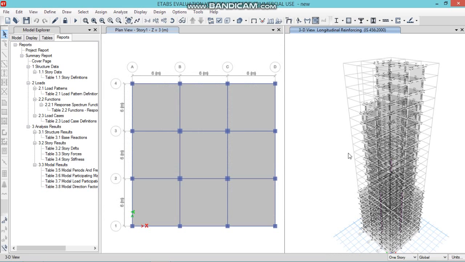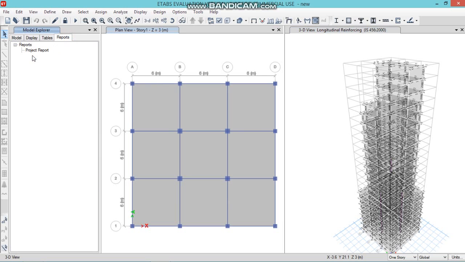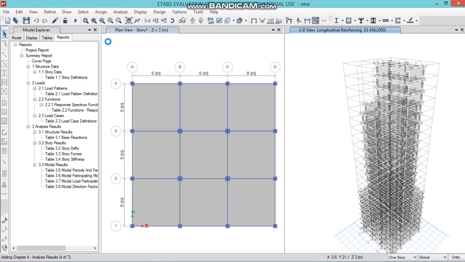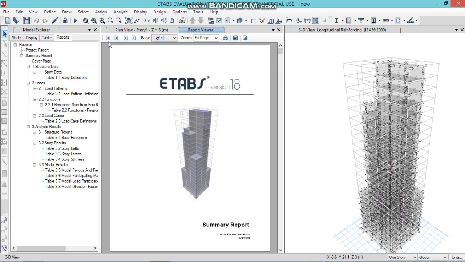Now the next thing is you can also have a look at reports. Click on reports, click on summary reports. The summary report of your project will generate, and you can have a look at all the details of your project from analysis to design. Here it is.